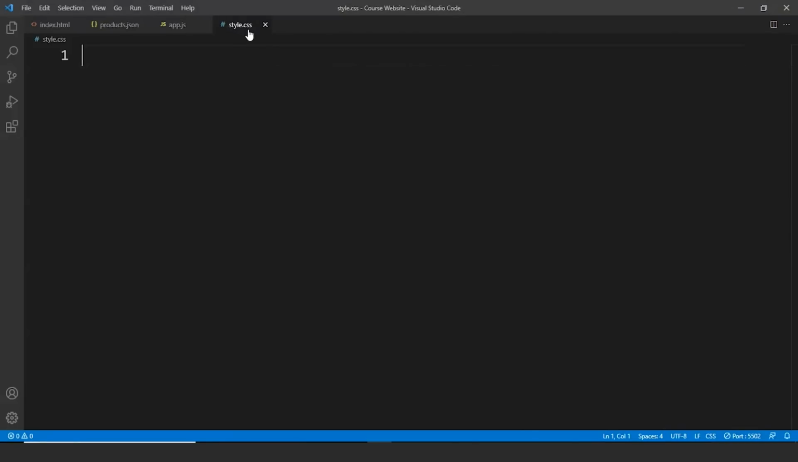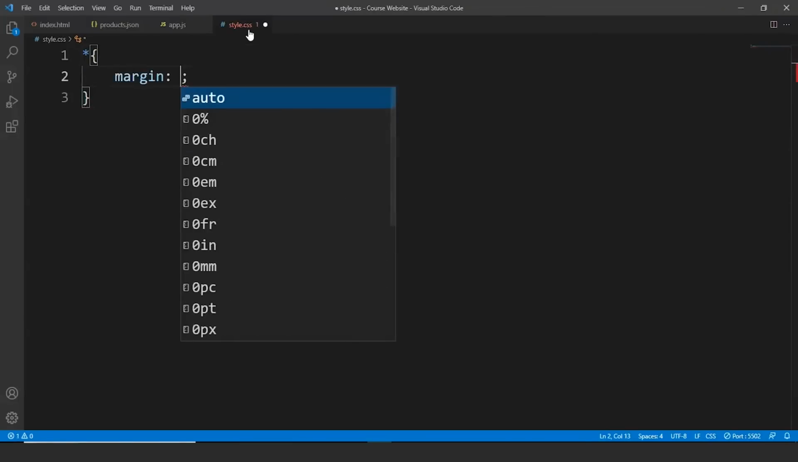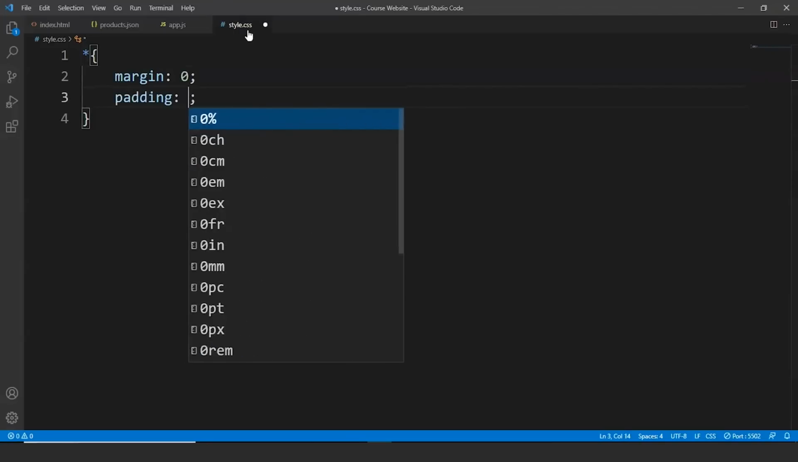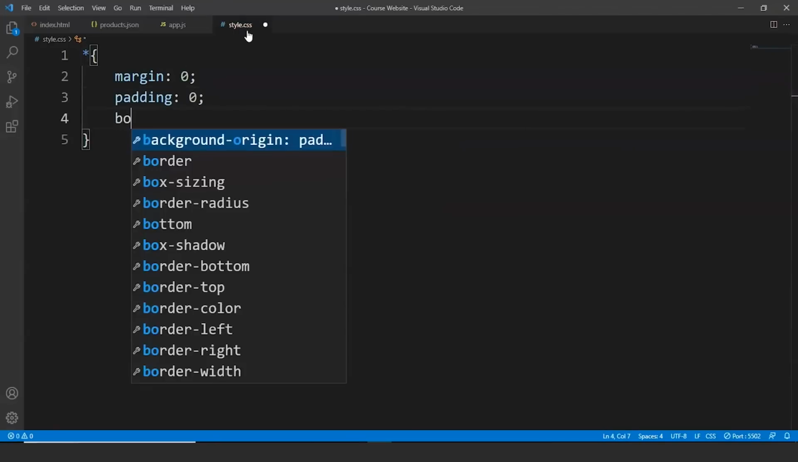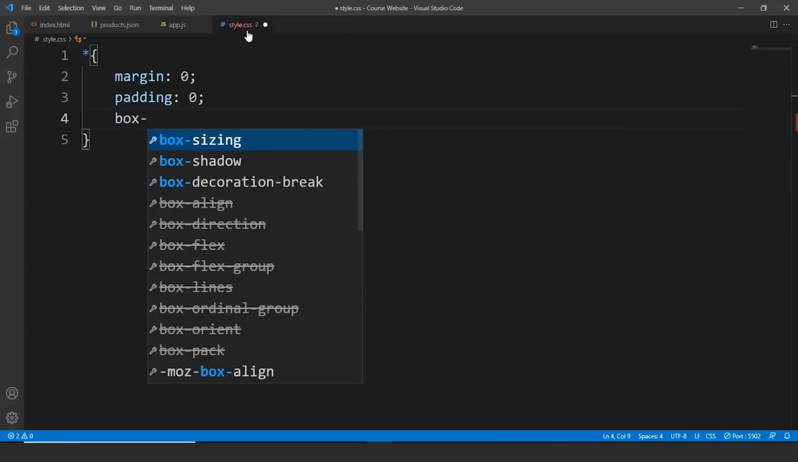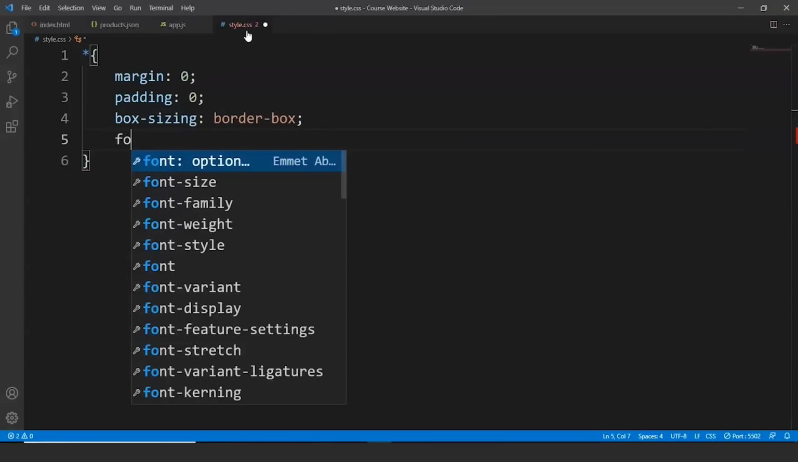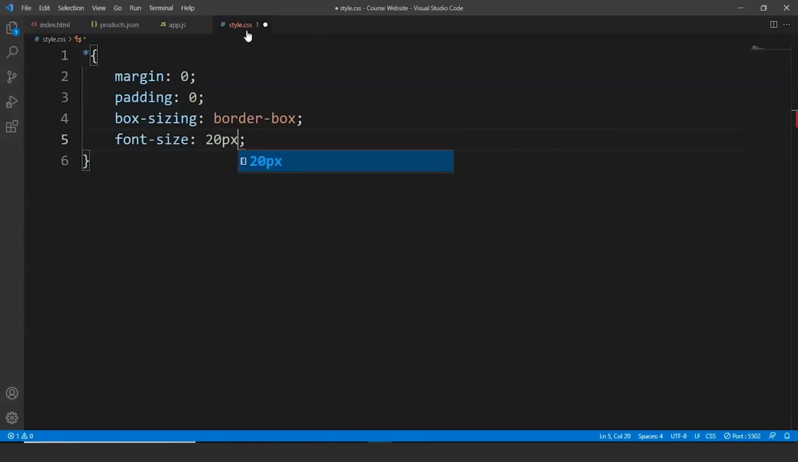We'll write here star, margin will be 0, the default margin will be 0, padding will be 0, then we have box sizing, we'll write here border box, and font size will be 20 pixels for default. Fine. Next up,